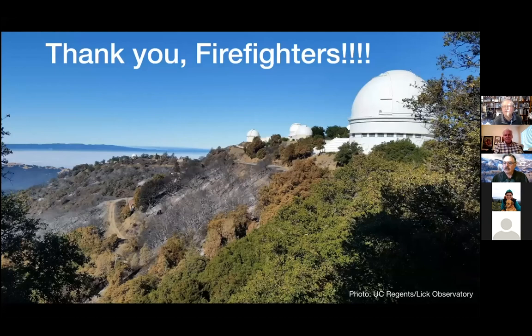Also, I wanted to take a minute to say thank you to all of the firefighters. It's been a couple of months since this happened, but 2020 was really a doozy of a year. And Lick Observatory came extremely close to being burnt down to the ground. And it was only because of the incredible hard work of all of the many, many people who helped save